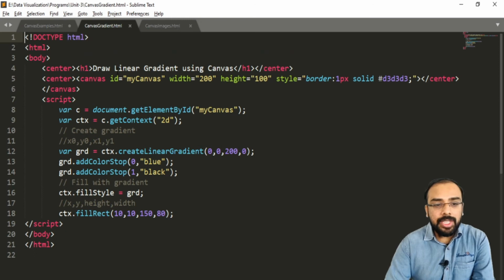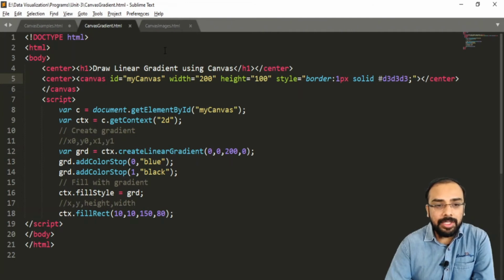Now let us observe different canvas examples. Next we are going to see how we can create gradients using the canvas tag. Again for that we have specified doctype HTML, then the HTML tag, then the body tag, and first we are specifying the header, that is drawing linear gradient using canvas tag. Now I am creating a canvas. For that we have to use the canvas tag.